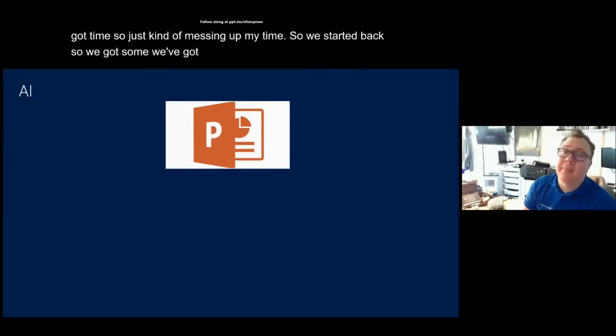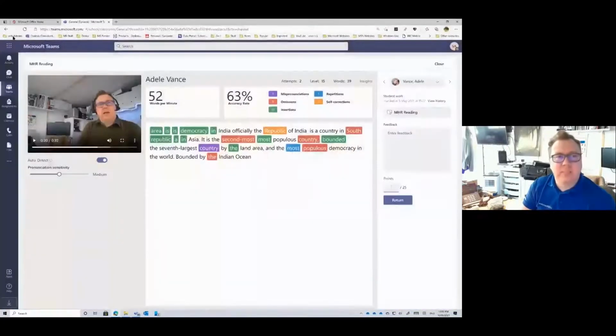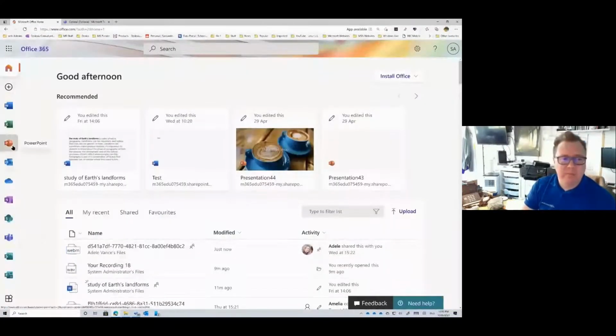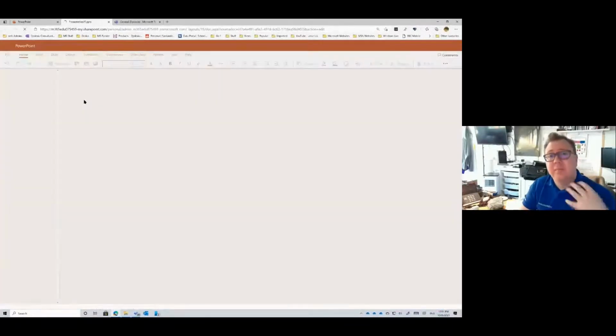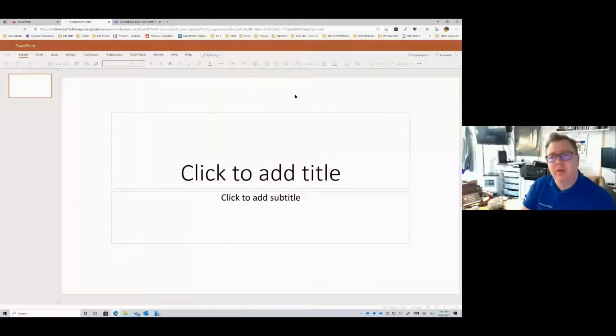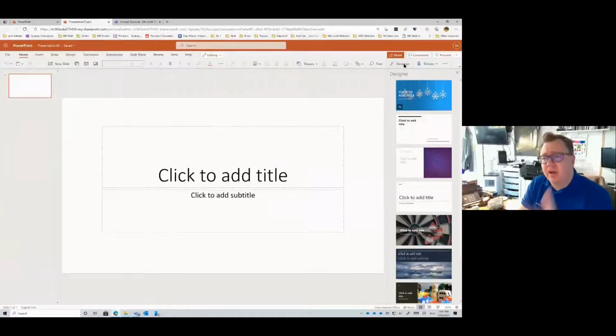So I'm going to talk about PowerPoint now, just because PowerPoint is an amazing tool. I'm just going to go back into Office and talk about PowerPoint very quickly. PowerPoint can be accessible, and I really want you to know this. I know I'm giving you lots and lots of information here, but this is really useful to know. PowerPoint in the web really can help your students and can really help you as teachers. I want to show you why, because we have this button here called Designer. Designer comes up as you open up PowerPoint in the web, gives you all these ideas, but actually it makes